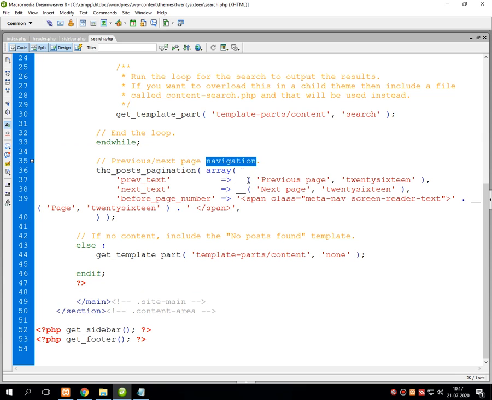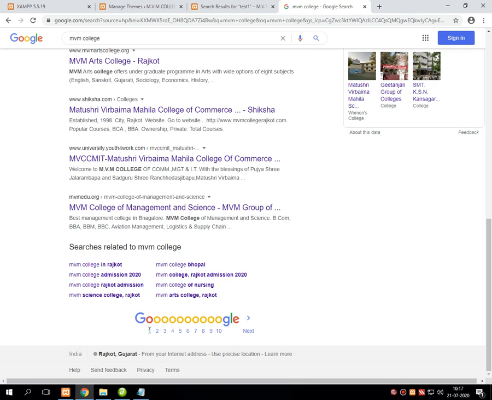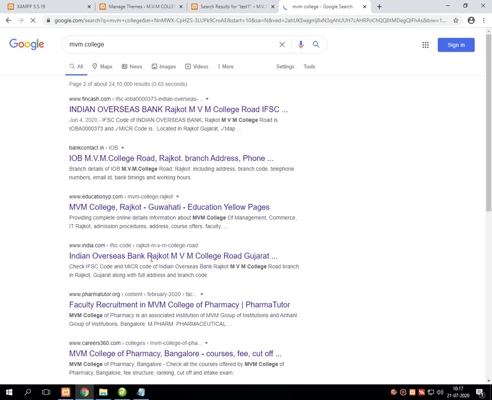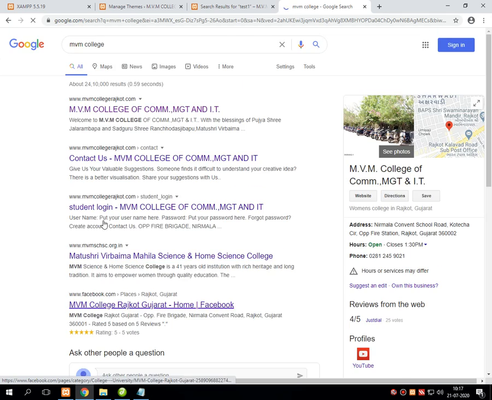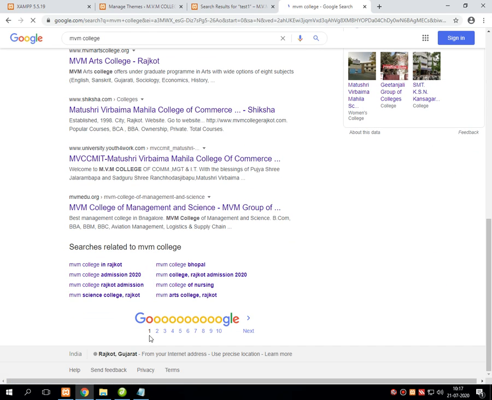That navigation is of two types: previous page navigation and next page navigation. Say for example, right now I am on the first page. Suppose I am moving on to the next page. That means right now I am on the second page. This is called next. Now suppose from the second page I am moving to the first page, then it is called previous.